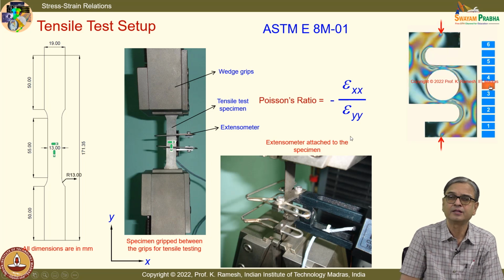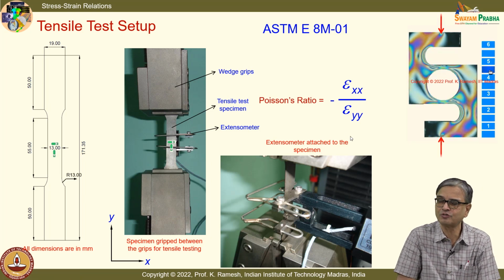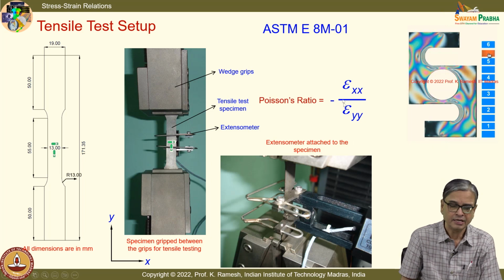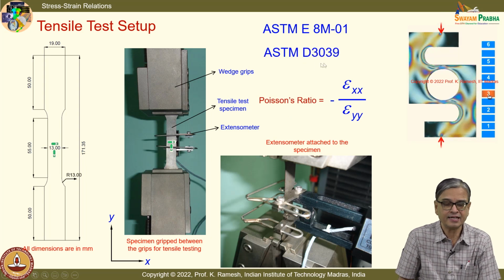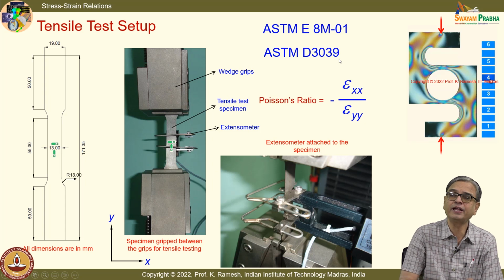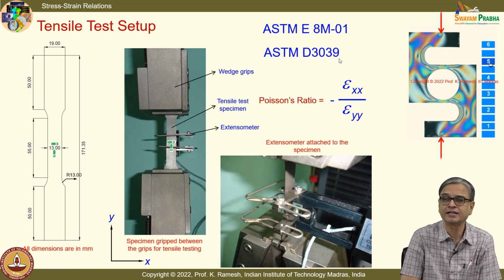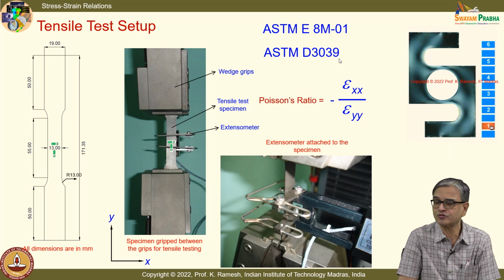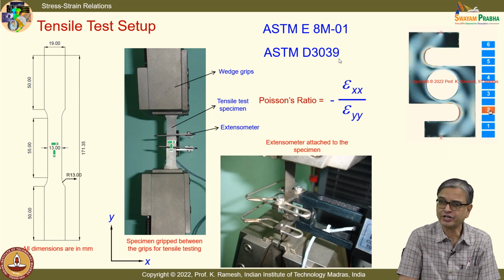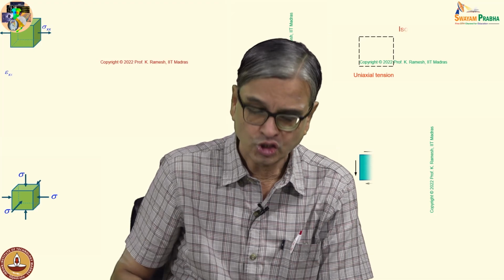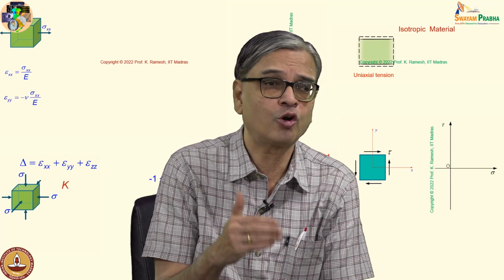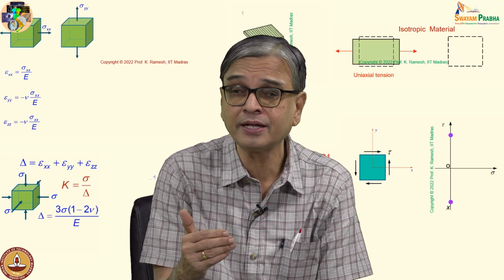That is the definition. You have a transverse strain, you have a longitudinal strain, and you have a minus sign. This is how Poisson ratio is defined. And you have a standard. ASTM D3039 explains what precautions you have to take when you use two strain gauges to find out the Poisson ratio. Here I have simply put it on this, but when you follow the standards, you will not put the extensometer there. Fine. So, you should know how to get Young's modulus and also how to get Poisson ratio from a tensile